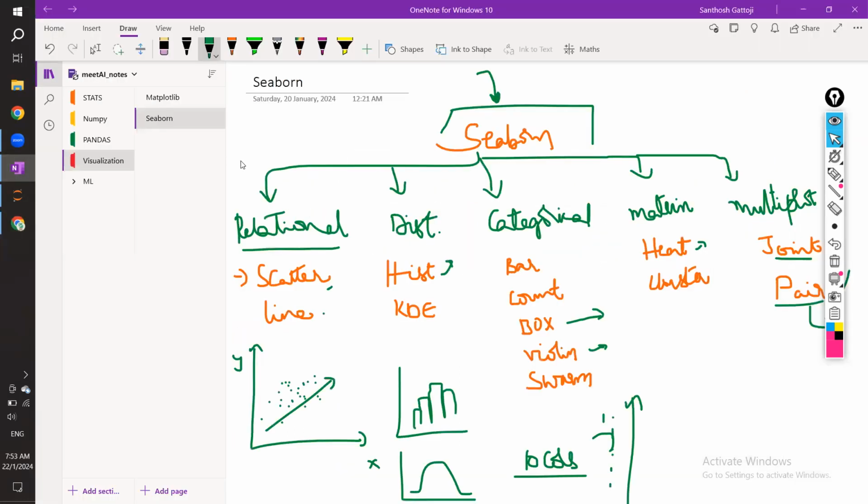relational plots, category plots and scatter plots. Fine. So after that we have the distribution category. Over here in the distribution category, we will mostly see histograms and KDEs. But these two are not new for us